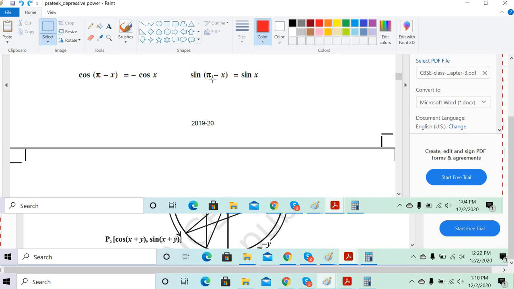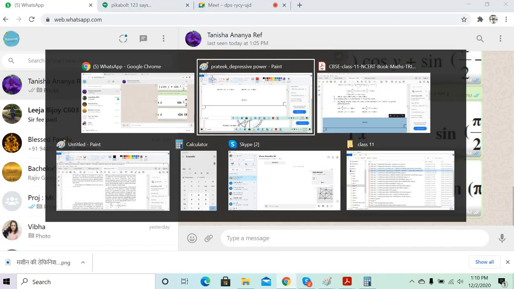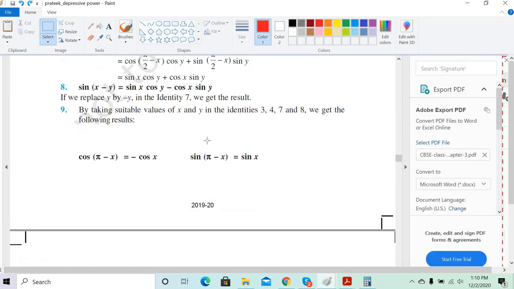First, can you explain sine 90 plus x? See, sine 90 plus x. You remember sine 90 minus theta is what? Cos theta. Excellent. Any complementary angle: sine will change to cos, cos will change to sine, tan will change to cot. Remember this part, even if it is plus or minus.